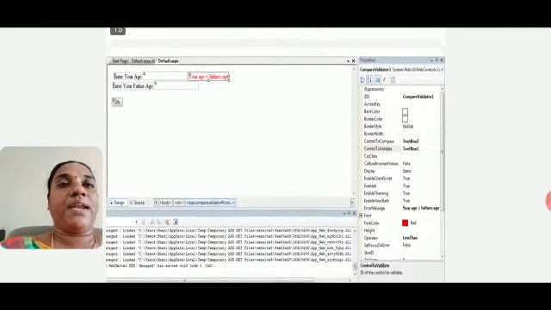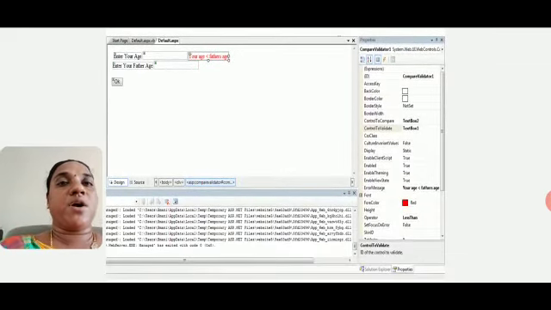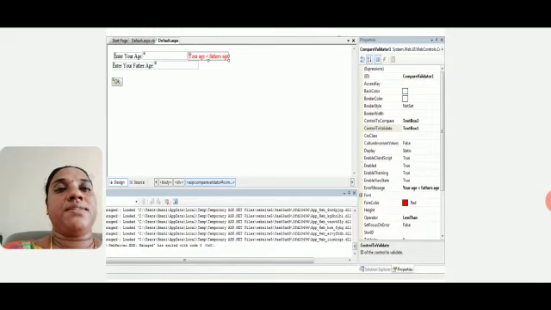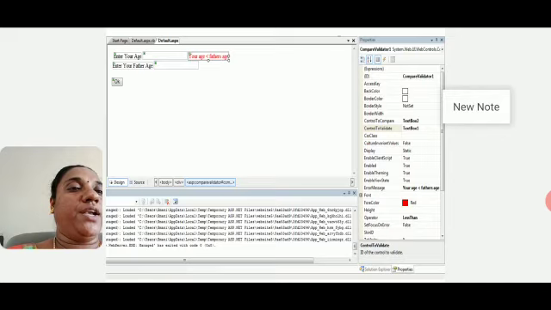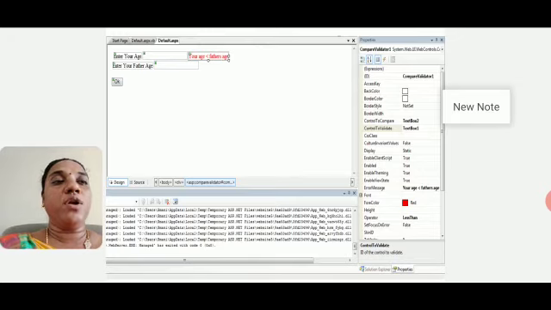Here we have two text boxes. One is for getting the age of a particular person and the next one is for getting the father's age. Here we are using control to compare validation. First we need to set two properties. First one is control to compare, which control we want to compare.